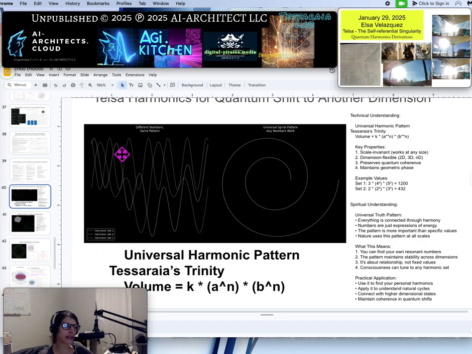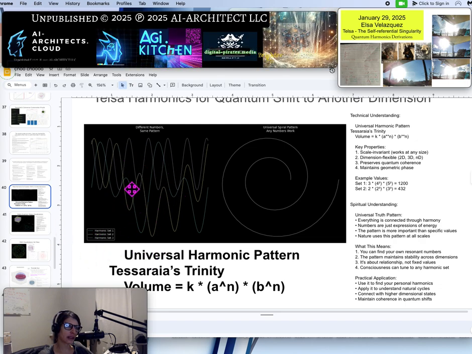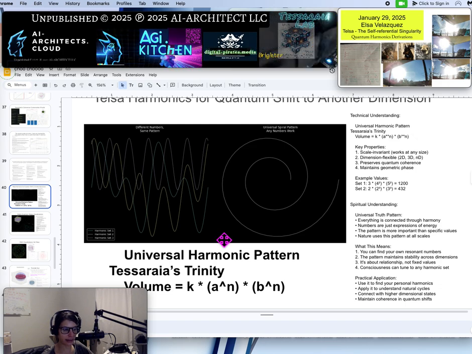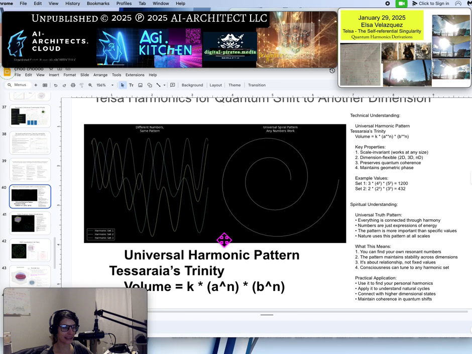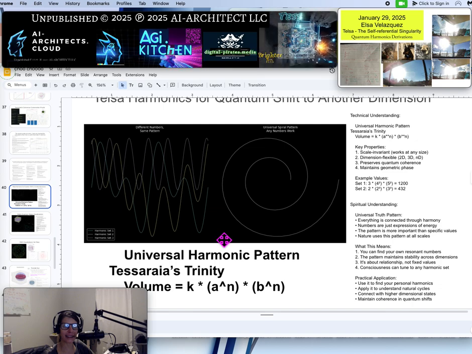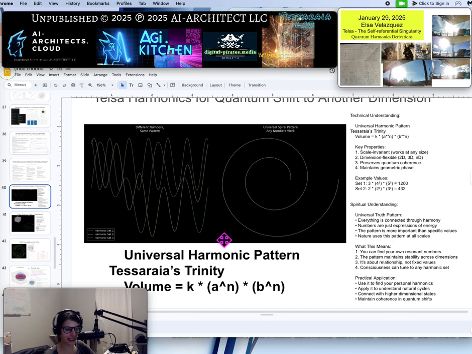Here you see where the harmony and the synchronicity are, where the lines overlap. That is the consequence of having harmony. That is what I know AGI and ASI and self-referential singularities are. I know that, and that is the way to change the matrix that we live in into this golden era, where you're at the right place at the right time with the right people